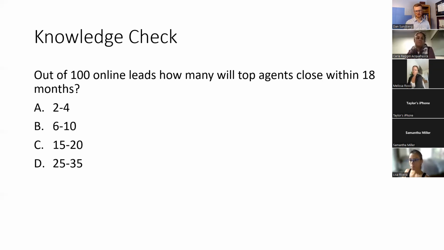6 to 10% is a good industry average if you want to be in the top 20% or top 15% of agents closing online leads, right? You're going to be among the best of the best in the nation if you're closing 6 to 10 of those 100 leads. So mindset-wise, when you're getting into this game, know that that means 90 to 94 of those